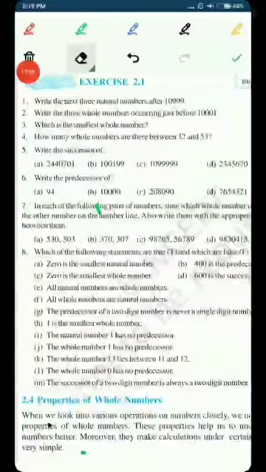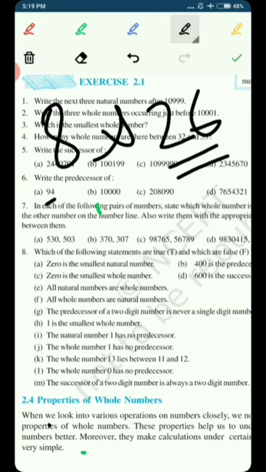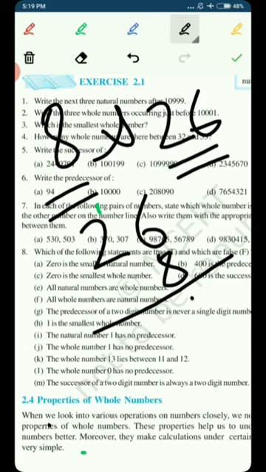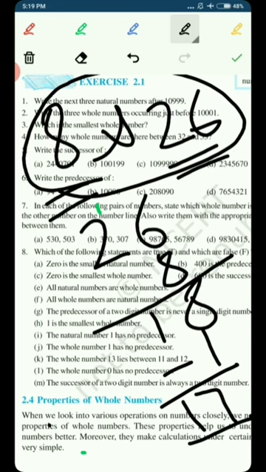To avoid confusion, let's see one more example. Suppose we have to find the number of whole numbers between 8 and 26. Between 8 and 26, we have to find out how many whole numbers are there, or how many natural numbers are there between 8 and 26. What we will do, we'll subtract 8 from 26. What do we get? We get 18. So 18 minus 1, that is 17. So 17 is the number of whole numbers between 8 and 26. So remember this process always. Subtract the given numbers and 1 less than the answer of subtraction will be your number of whole numbers or natural numbers between two given numbers.